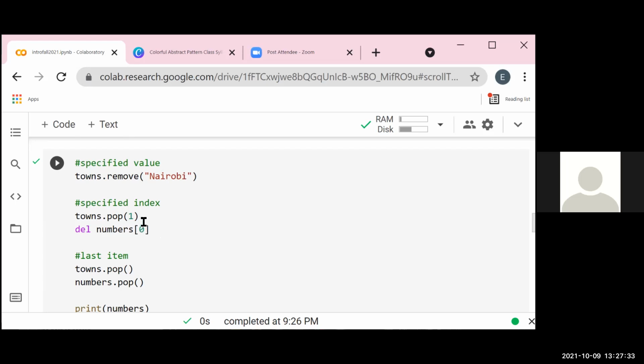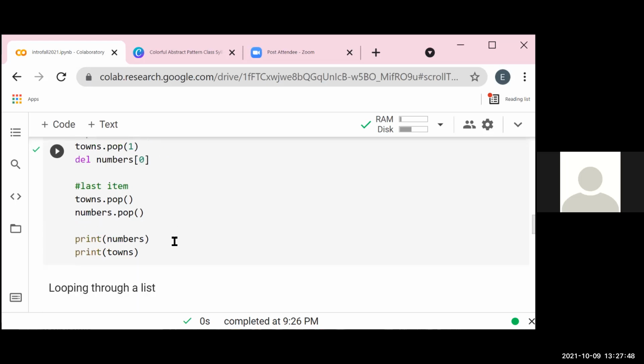When I say towns pop index 1, that's the second name. So we would expect to remove the second name in the towns and delete the first item in the numbers list. So let's see if that works.